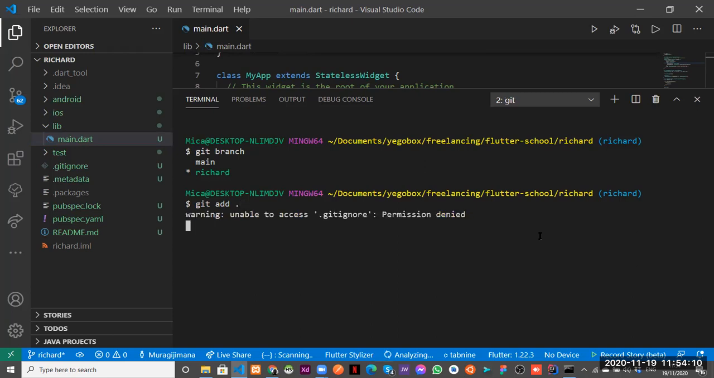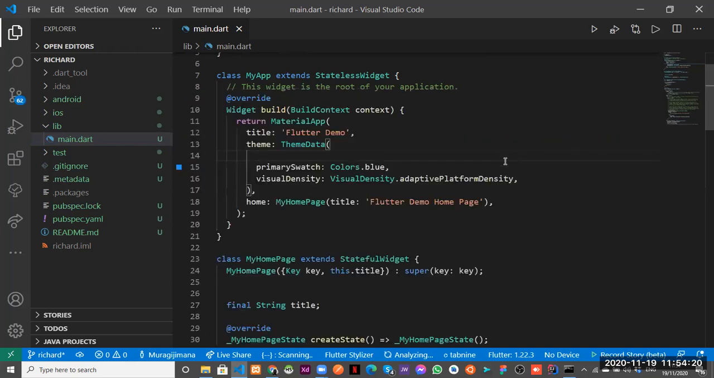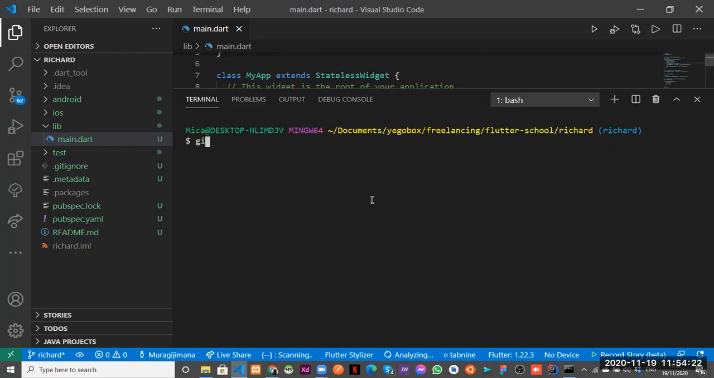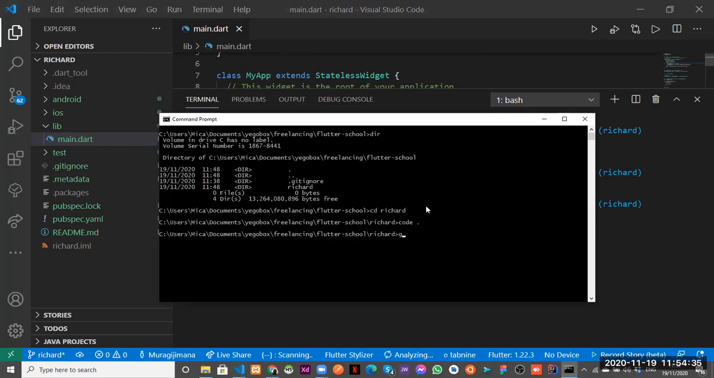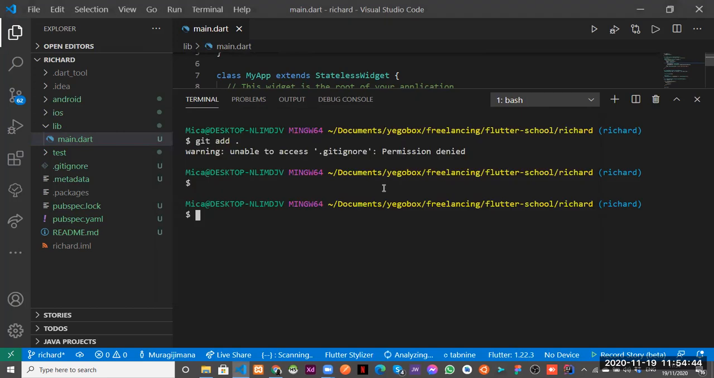So if I do that, okay, permission denied. That's a problem. Git add. Seems like it has an issue. Let me do that here. Permission denied. So if you face that problem,